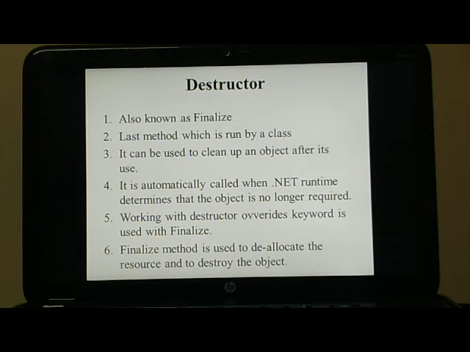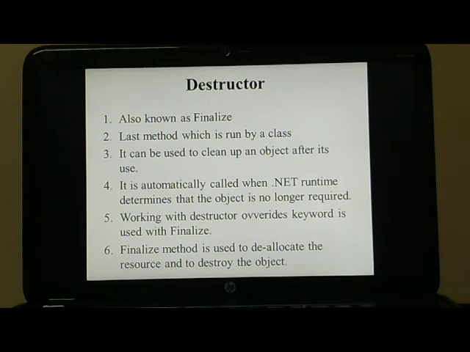Now let us see what a destructor is. A destructor is a special method with the following points. It is called Finalize in VB.NET. The VB.NET compiler creates a default Finalize method. It can never be private. By default, it is public.